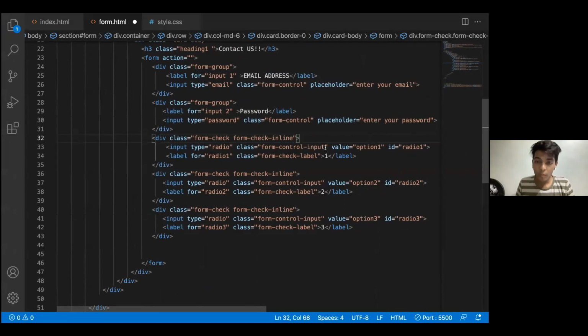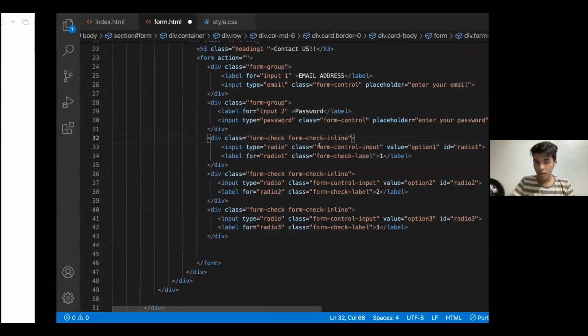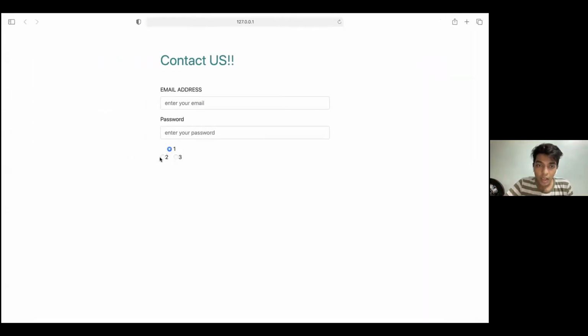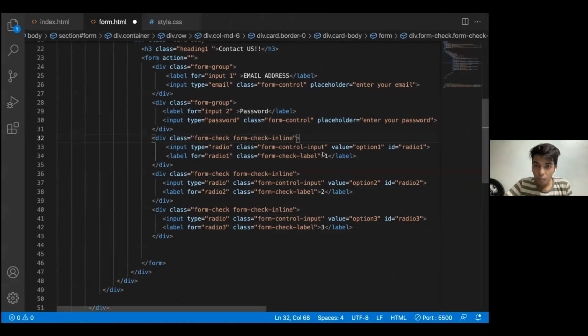The form control means that the part where this comes should be particularly selected inside that button. So that's why there is a part of form control input. And form check label means whether the things that I have checked should be of that particular label. These are also the classes that are provided by Bootstrap. I'm just explaining what the classes do, or what the class means. But the format of the class, the way I've written it, is given to us by Bootstrap. So this is the way you have to write it out.